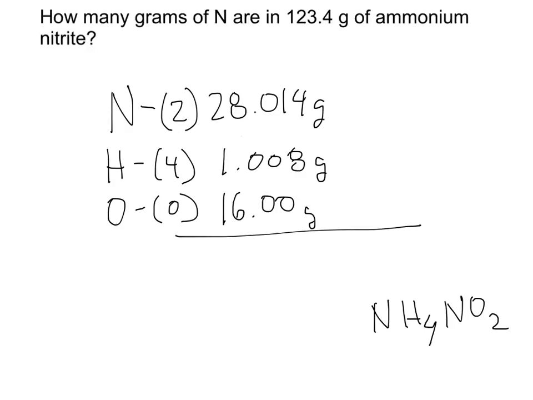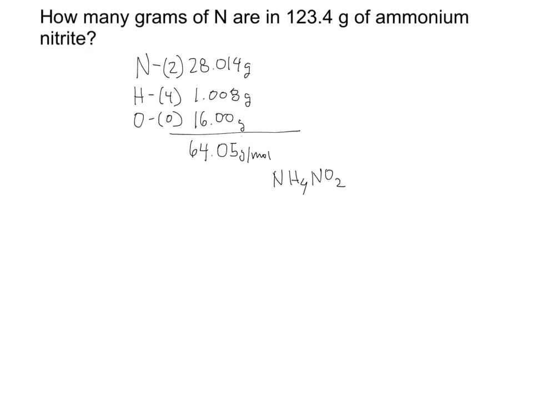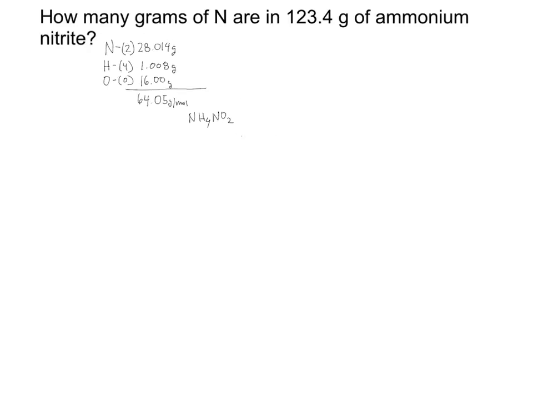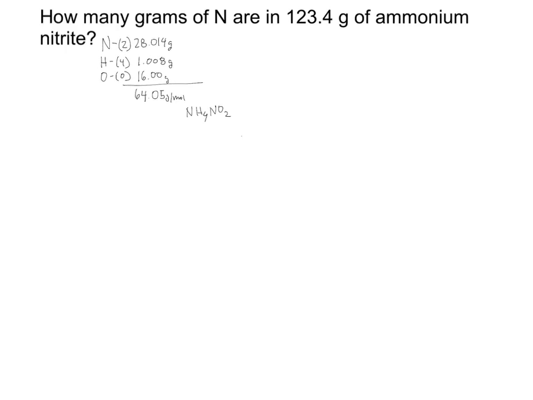So once you add these up, you plug it into your calculator, and I'm actually going to round it to the hundredths place, and I get 64.05 grams per mole of NH4NO2. Okay, so we're actually going to need this for one of the steps. Let me just make it smaller so that everything fits. Okay, so now we're going to use what we're given, which is